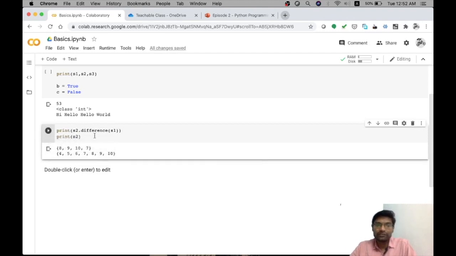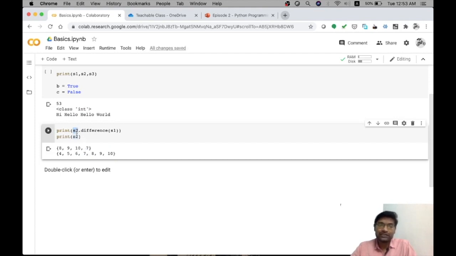If you observe, values from 1 to 6 are subtracted, and the remaining values 7, 8, 9, 10 alone are printed in the output. But when I check the original value of S2, it is not changed at all, because S2.difference just gives the output but does not change the value of S2 itself.